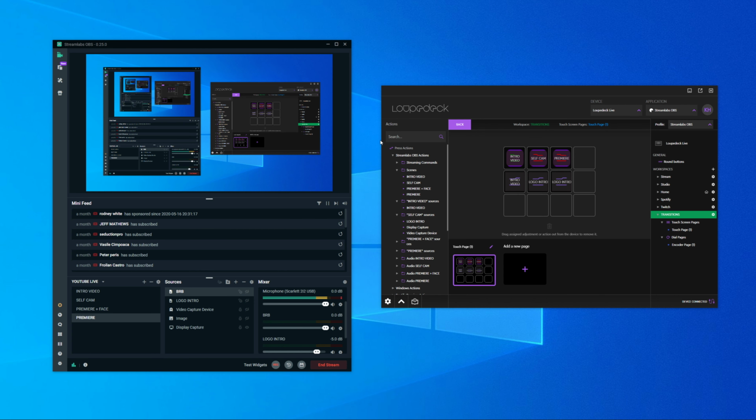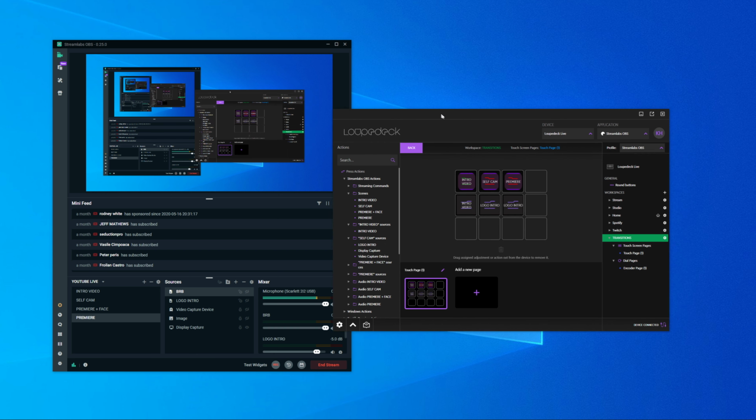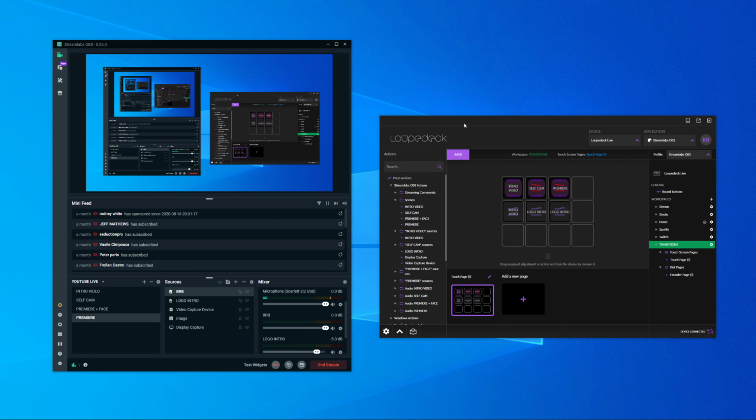So yeah, now that that works, let's program it. So in the Loupedeck software, I know that this is my logo intro, so if I'm in Premiere, I can do this, and then I have my intro. So what I'm gonna do is actually program it down here. So I'm gonna go over here to the left-hand side and find, let's see,